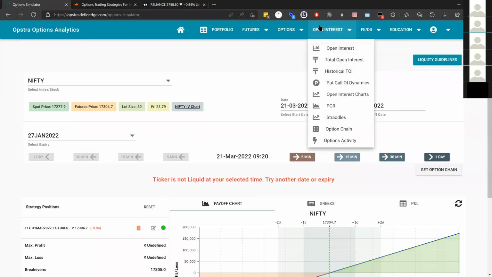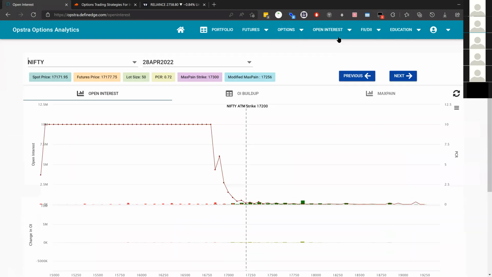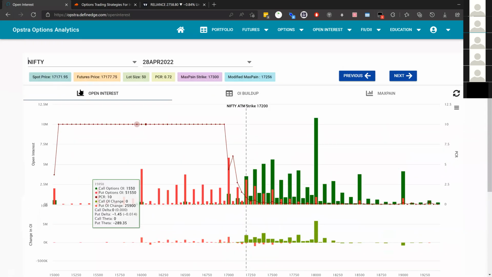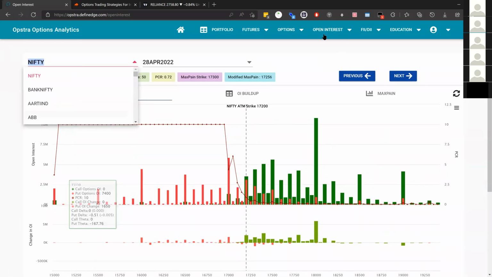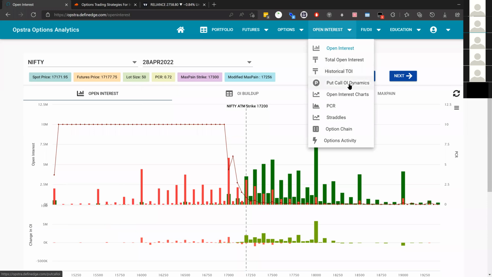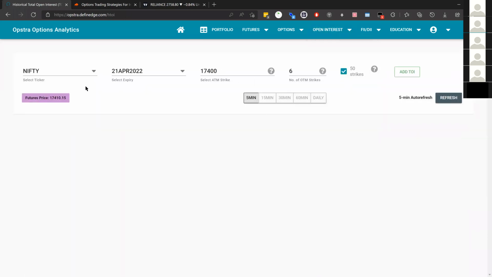Okay, there are three other options also. Like you can check open interest, right, on Nifty and other stocks. You can go for historical data also here, right? You can select previous expiries and